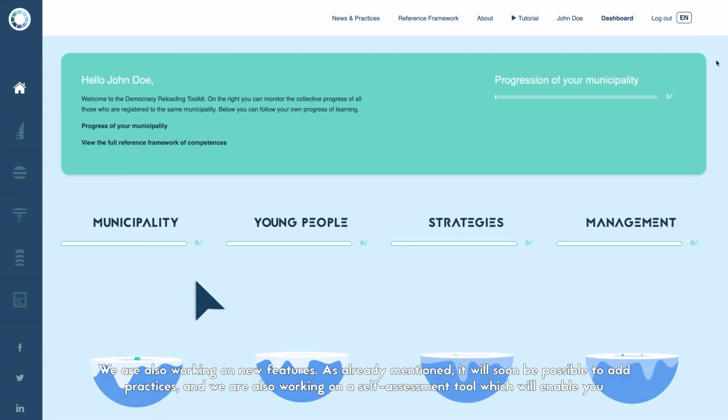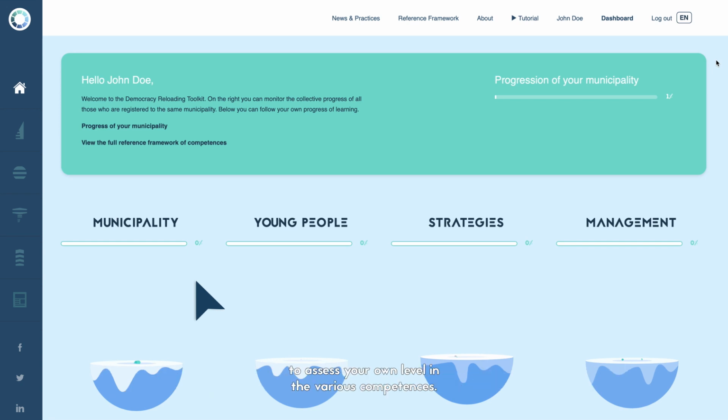As already mentioned, it will soon be possible to add practices, and we are also working on a self-assessment tool, which will enable you to assess your own level in the